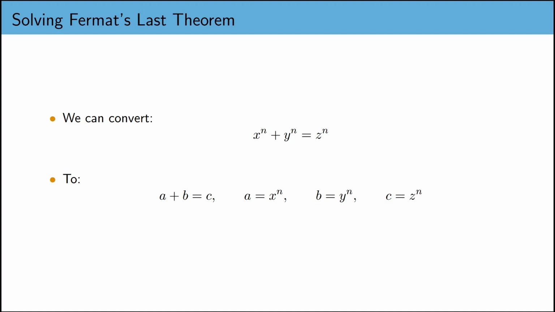If we toss in some inequalities on x, y, z, and n, we get a system that has a solution if and only if there's a non-trivial counterexample to Fermat's last theorem. If we could then pop that into an algorithm for solving Diophantine equations, it would resolve Fermat's last theorem. It would either find a solution to our giant Diophantine equation, in which case we would have a counterexample to